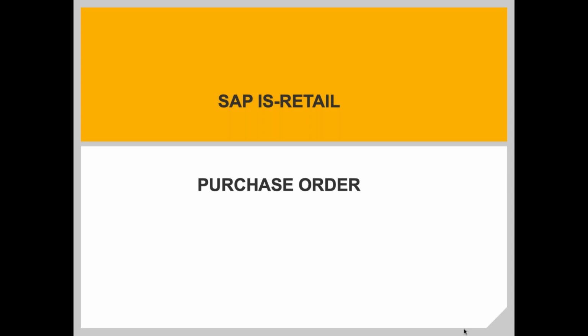So for us as part of the retail, we are more concerned with this part. Once the item is delivered to our DC, how are we going to invert that stock and update the inventory, and from there how are we going to move the stock to different DCs or different stores, and from that store how are we going to sell it, how that inventory process is actually handled.